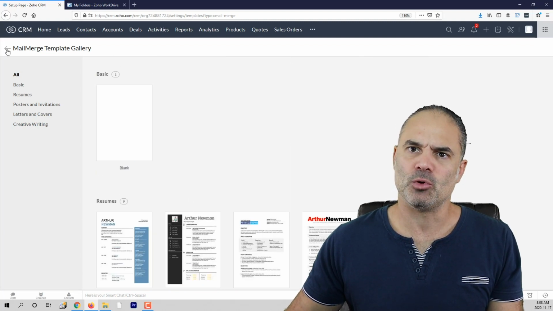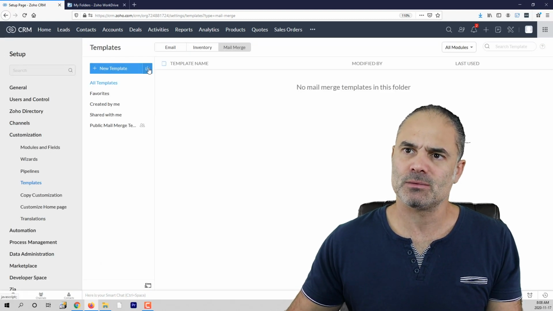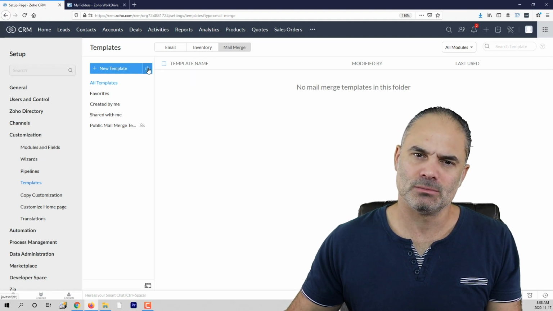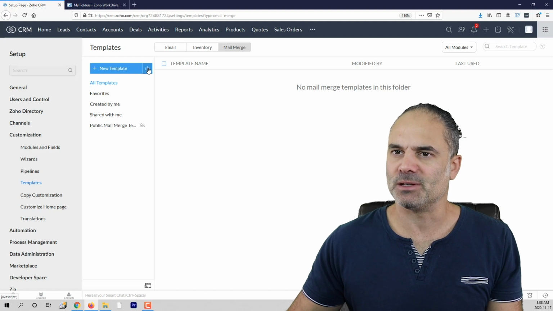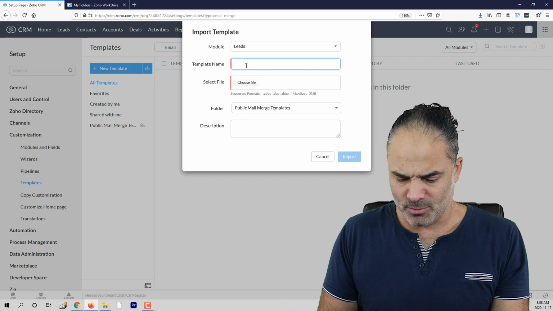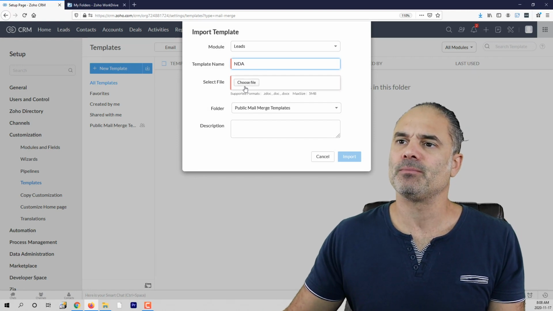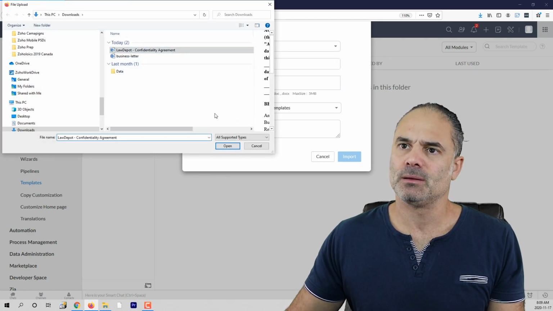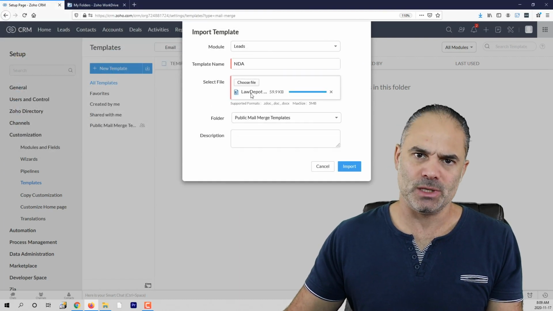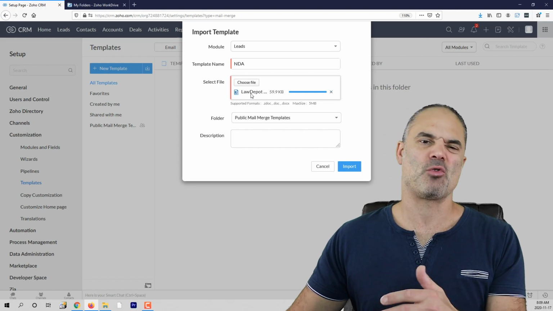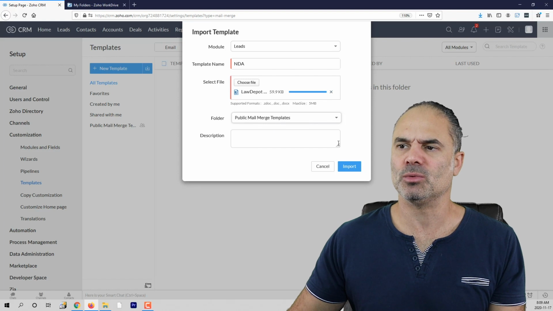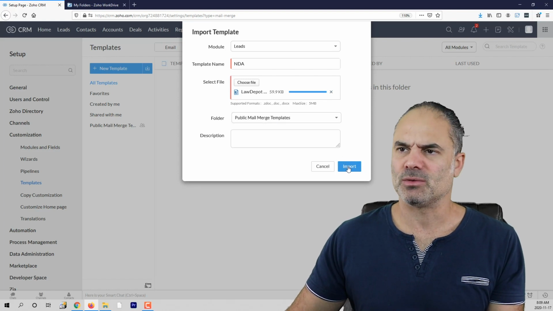In our option, I am going to upload an existing document. So I will click here on this small upload icon. It looks like a download, but it's an upload, just believe me. So you click on this button, you click on template name, we'll call it NDA, we'll choose the file. And by the way, if you see here, the name of the file is LowDepot. I'm using lowdepot.ca for all my documents, saving me thousands of dollars, and I don't need to pay lawyers for different types of documents.